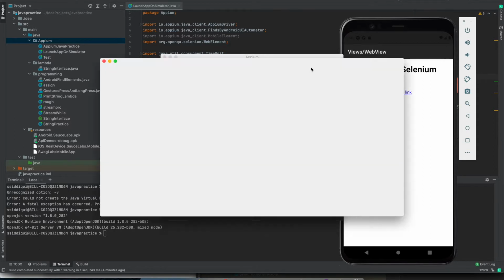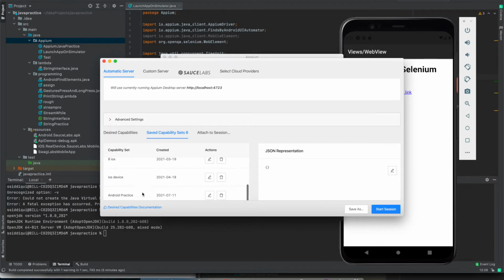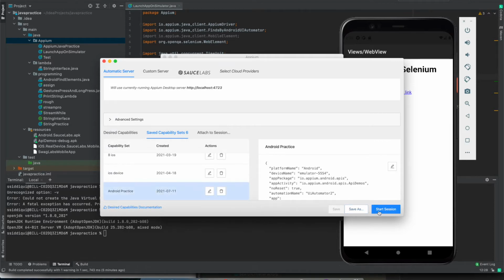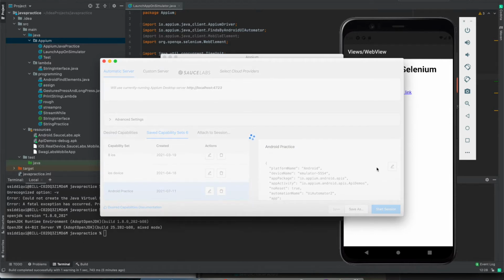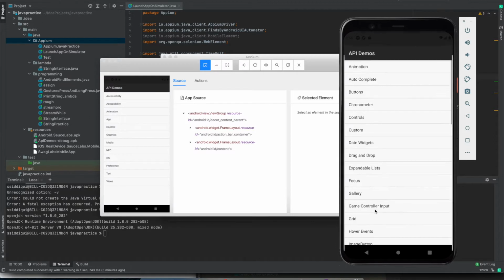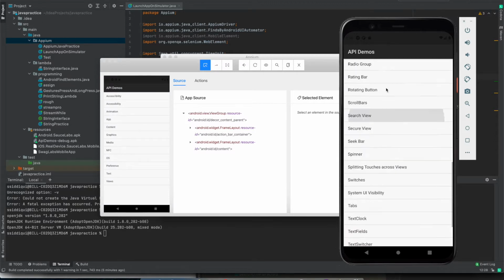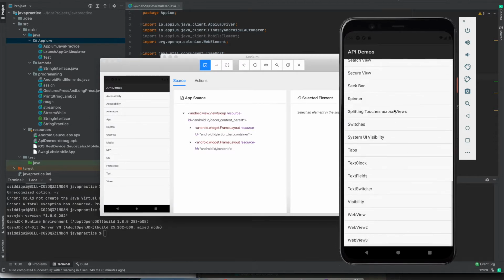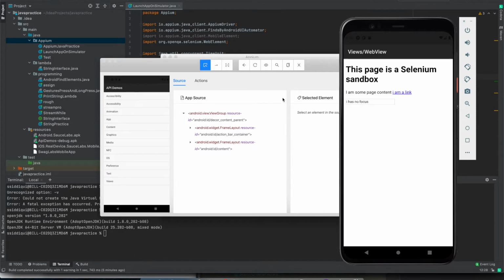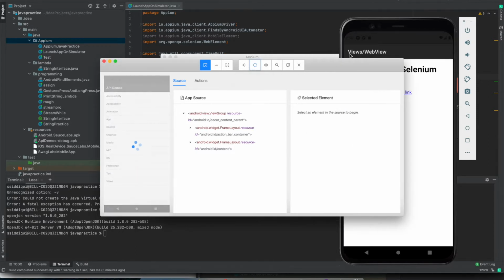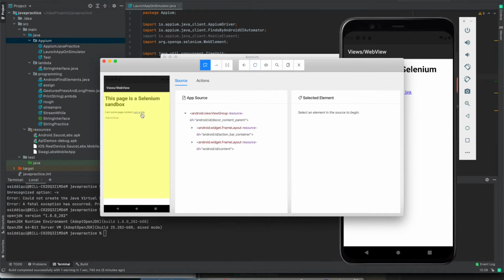So if I go to the capabilities that I have designed for this application and I start the session using these capabilities, and then if we go here and then we go to views, and then if we try to identify the element, we cannot directly identify.